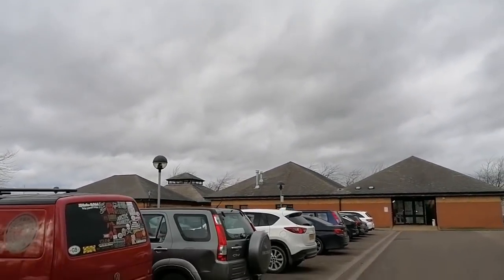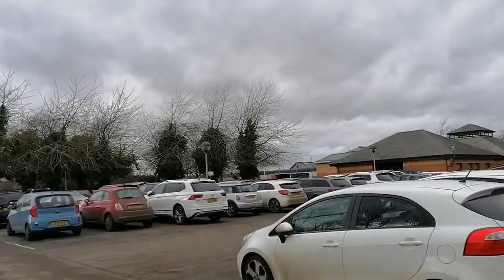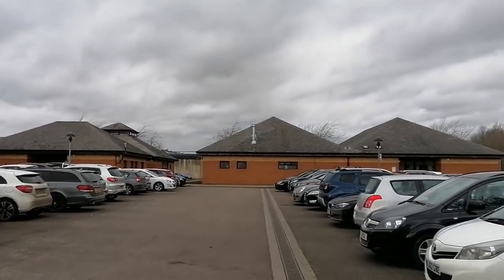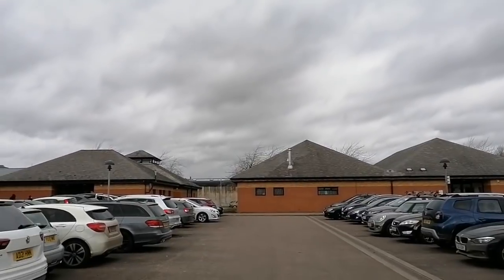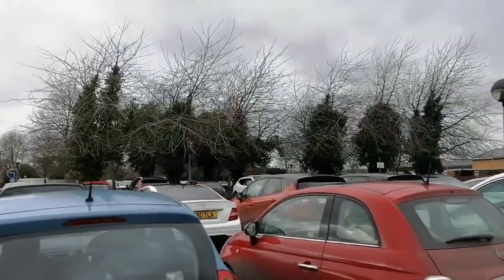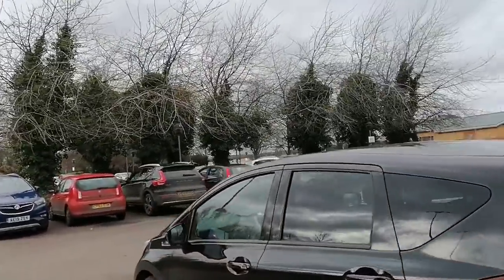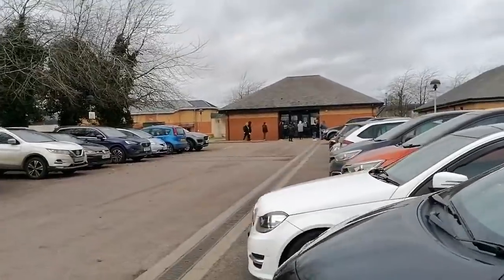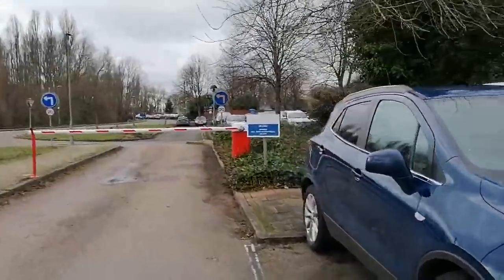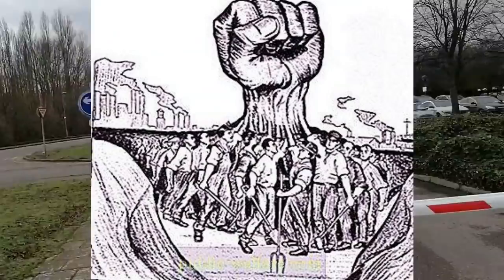So yeah, we're just going to have a little look around. Try and get away from some of these cars and that, and have a look around. Get some good shots of the buildings. So obviously this is just like the front of it. As you can see in the middle, there's a big old wall behind it. There was a path down the side of it, so I'll have a walk around there in a bit. But yeah, it's quite a very interesting building. So I'm not sure, there's a bit of a gathering going on there. I don't know if that's like a visitor centre, but I'll leave them to their business. I'm gonna go have a look and...